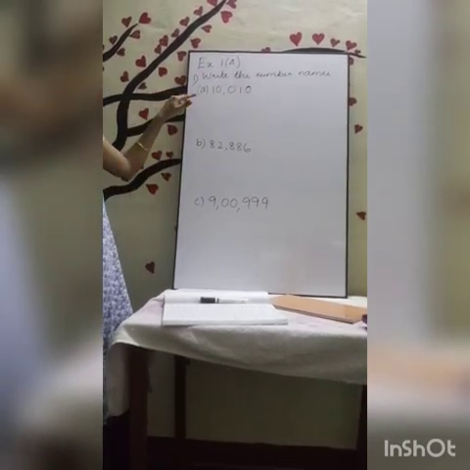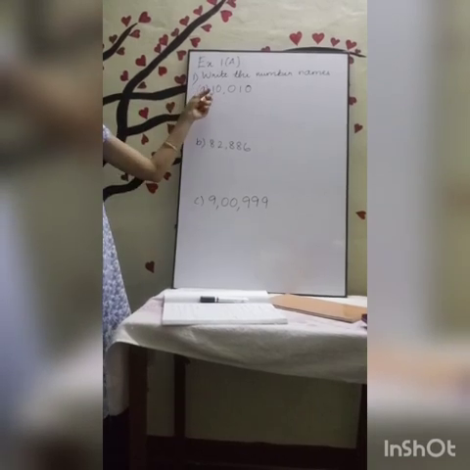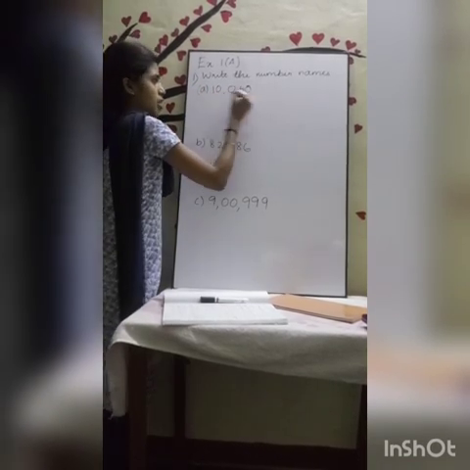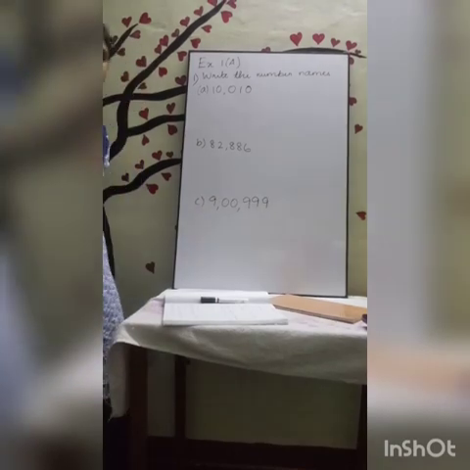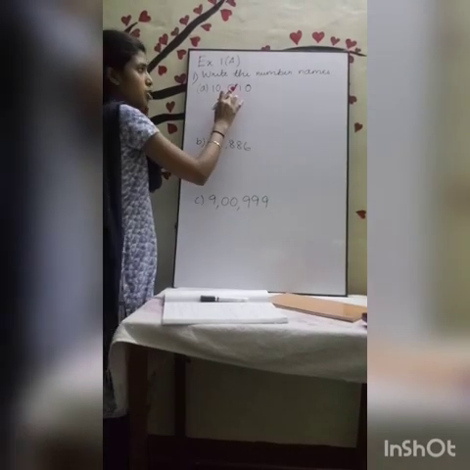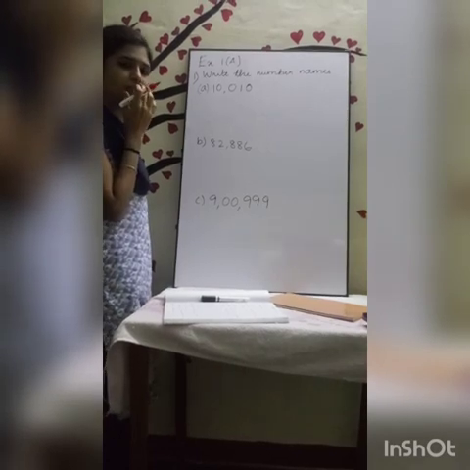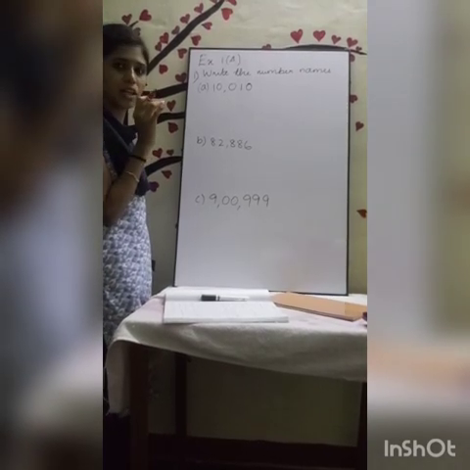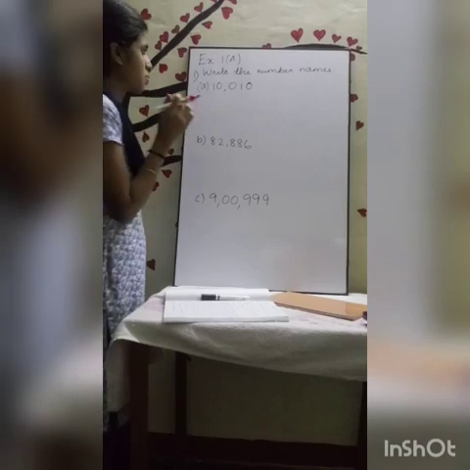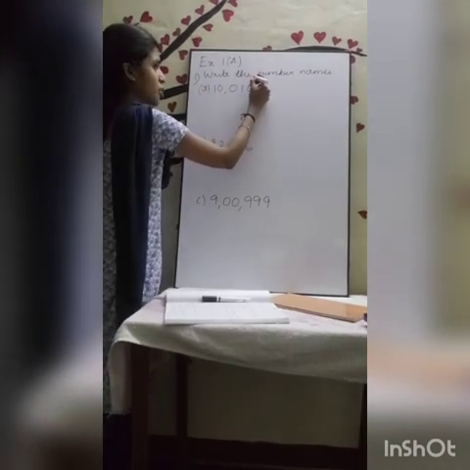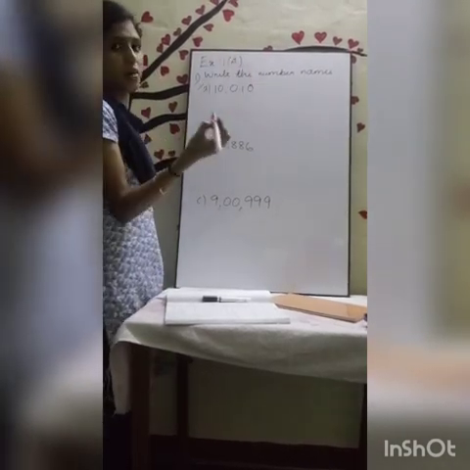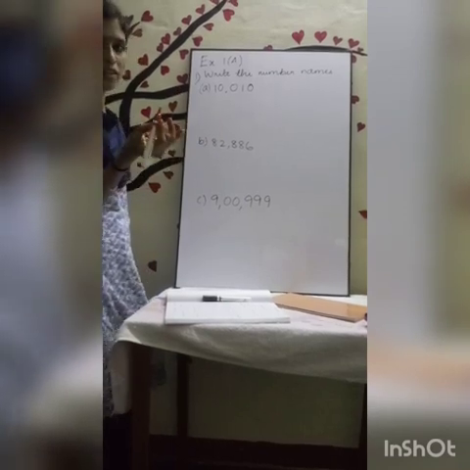Below that you can write a question. This is the numeral. Okay, number means you will say it as numeral. They have given the numerals, you have to write the number names. How would you write the number names? See, first you should write the place value for every number. Then only you have to write the number names.